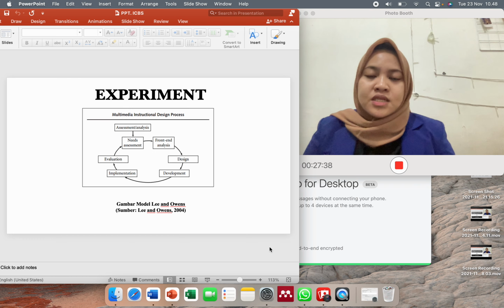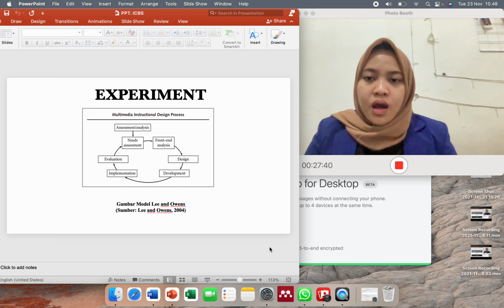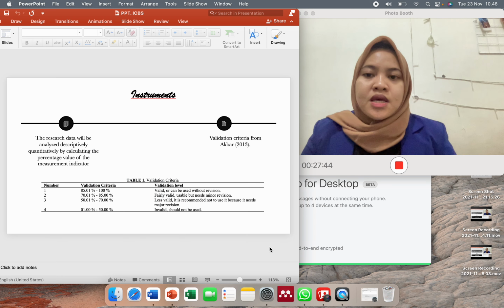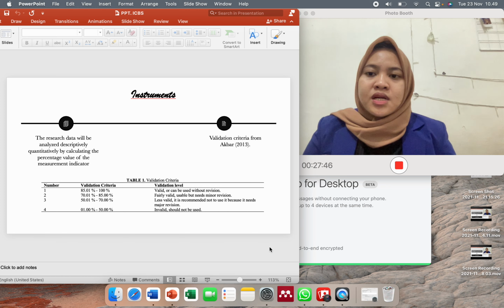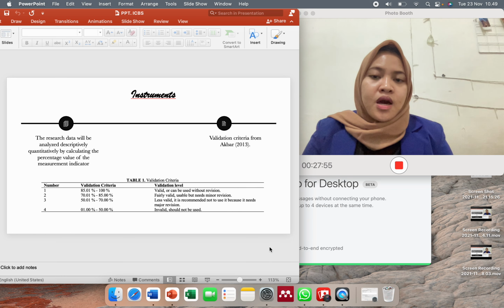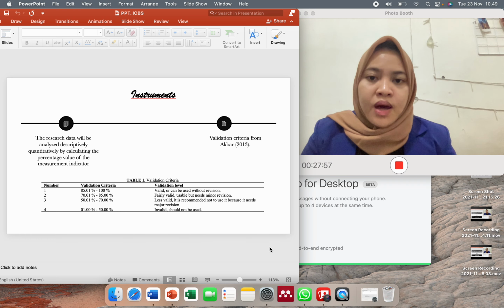And for the research method, we use the design from Lee and Owens, and the research data will be analyzed descriptively and quantitatively, and for validation criteria, I use those from Akbar.